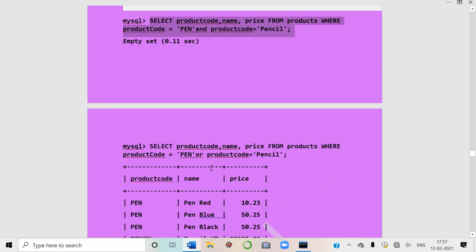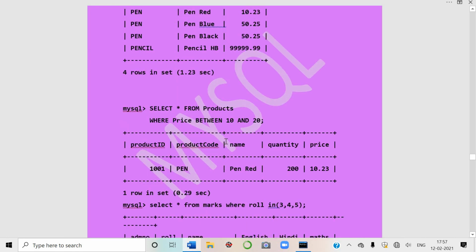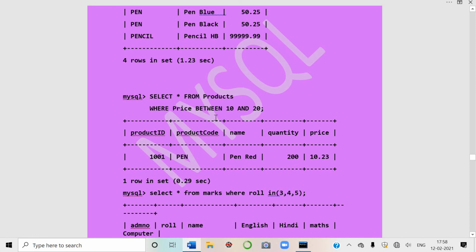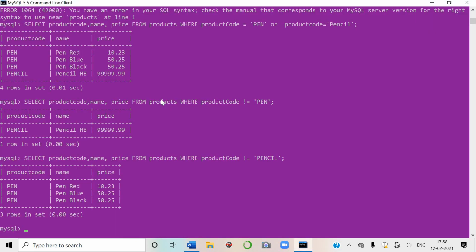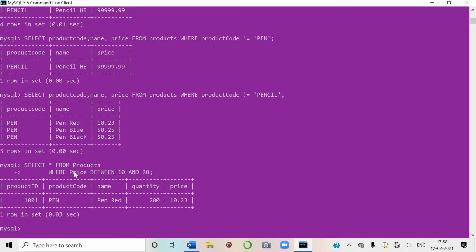ये हमारा and or not हो गए थे, now between. I want to see, if you want to give some range, आपको कुछ range देनी है कि between this and this number, तो आप इस तरह से and आप साथ में यूज करेंगे between के साथ में, clause के साथ में. ये देखिए आपके सामने where price between 10 and 20, 10 और 20 के बीच में कितनी प्राइस थी? ओनली 10.23. मैं आपके सामने रिकॉर्ड्स एक बार शो करती हूँ. This, the table name as products.